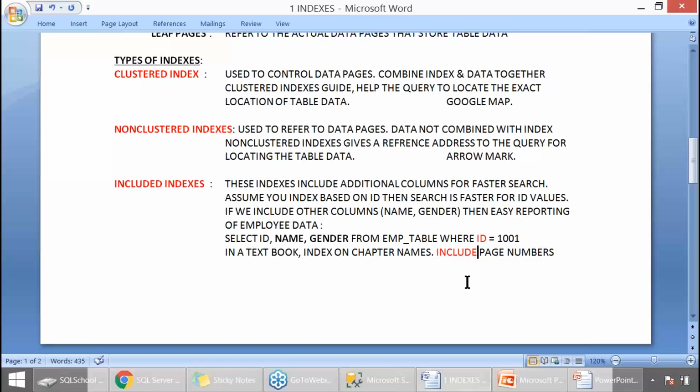When we say in less time, simply say optimal execution.